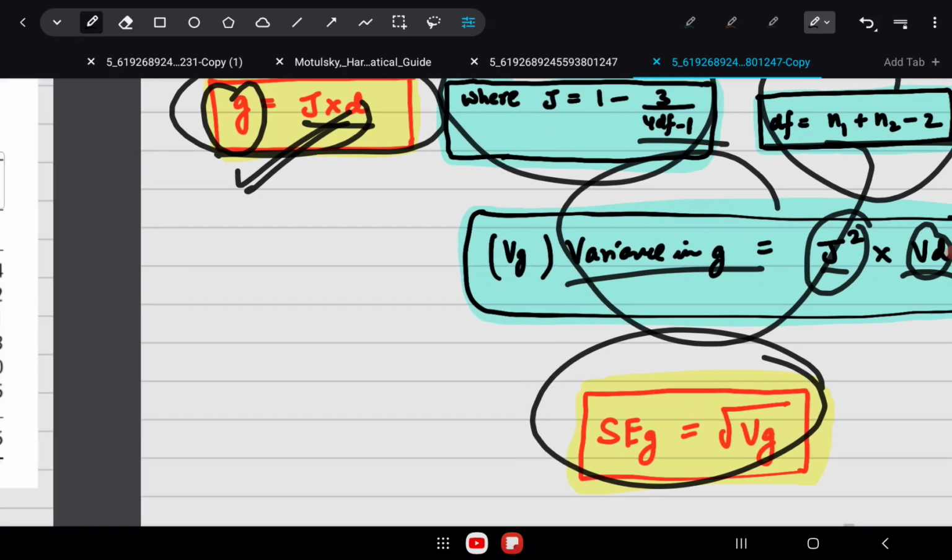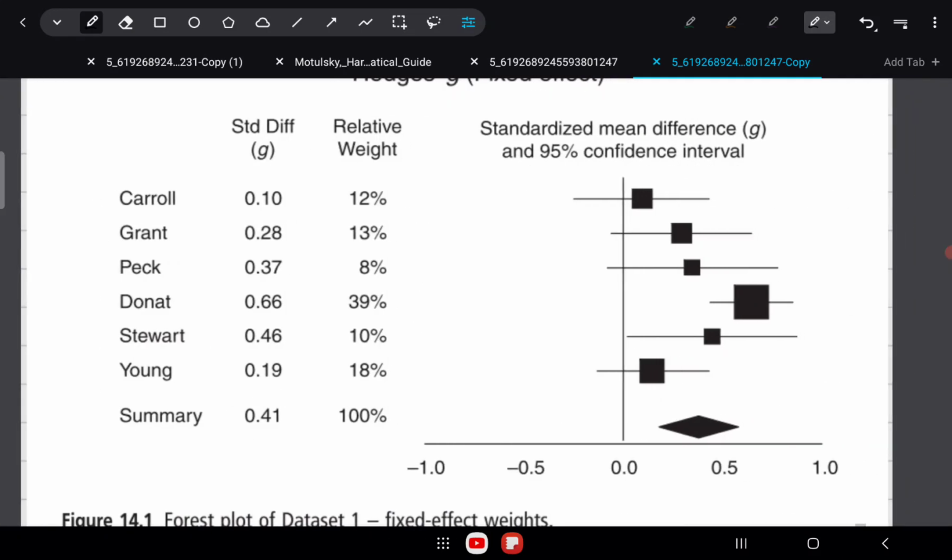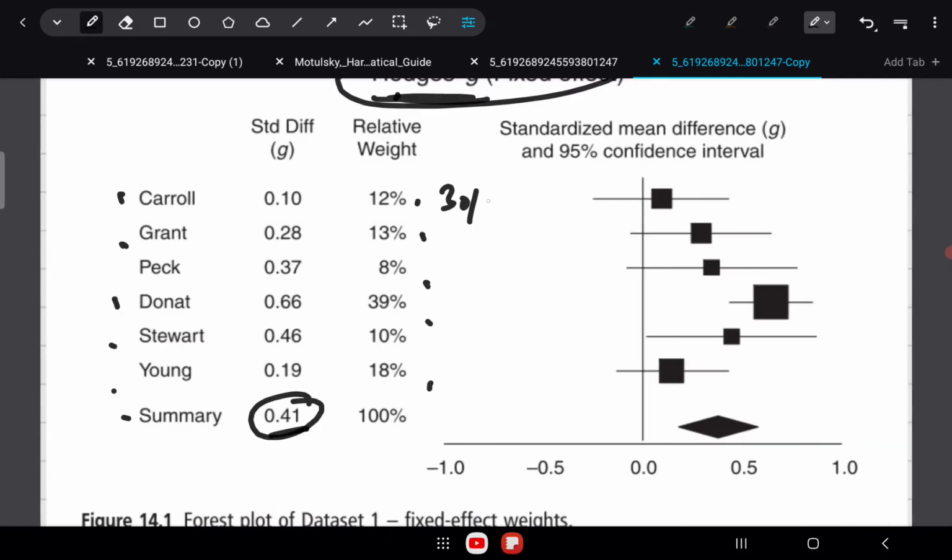244.215. So what will be the relative weight of the first study? It will be 30 by 244 into 100, right? So they have just shown it in percentage, and obviously you would expect the total relative weight to be 100%. So this is the summary effect, and you can see this is being shown by this diamond here,